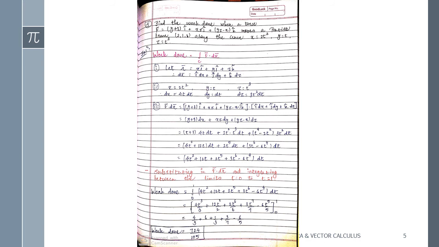Now next one, again it's the same, find the work done. F bar is given, 1 point is given, and here x, y, z are given. Okay, so of course you have to find the limits of t now, because x, y, z parametric equations have been given. Okay, so first note down the function f dot dr, yani ki formula of work done, that f dot dr, then position vector, that r bar equals xi plus yj plus zk as usual. Now dr,